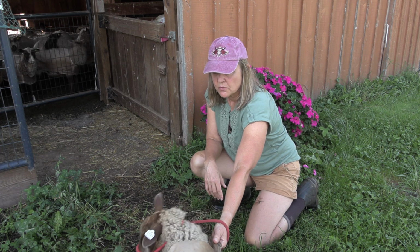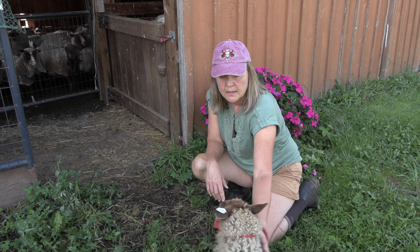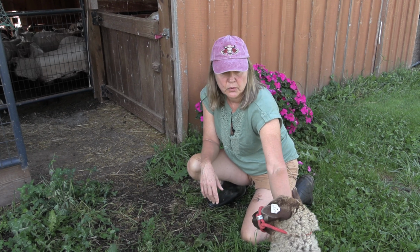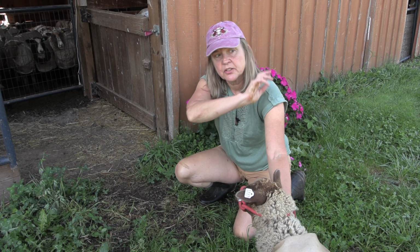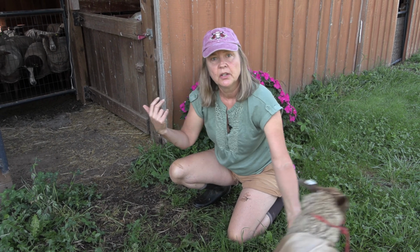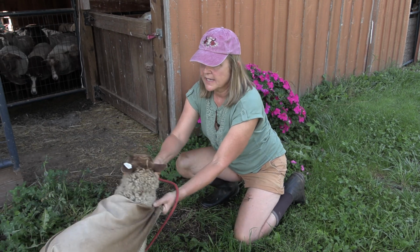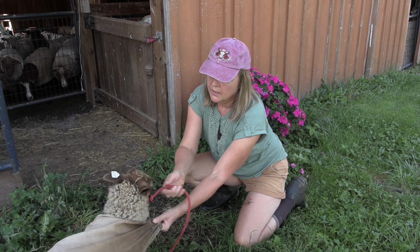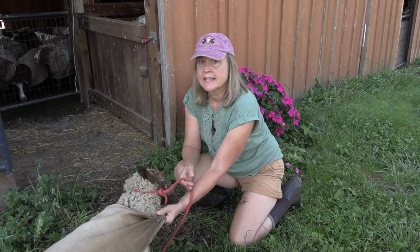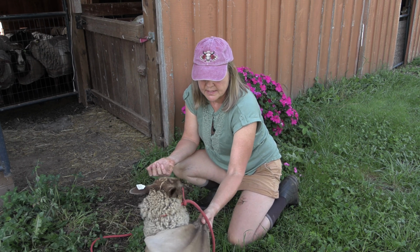Timing wise, I always do halter training before I feed them in the morning, because eventually day 3 or 4, I'm going to take her away from the barn and we're going to walk to the barn where all the feed is, so that she's got some motivation to move. And you always want to do this the same time every day to give that little bit of consistency to her,